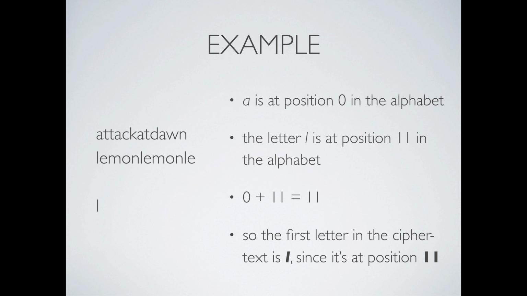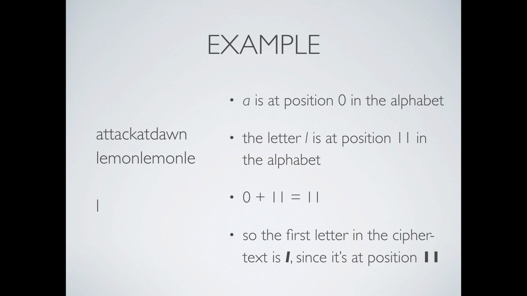And we said that A and L are matched up together. So you look up the position of A, which is 0. Then you also look up the position of the letter L in the alphabet, which is 11. If you count starting with A at 0 and you count over, L will be at position 11. So you take these two positions. In this case, you have two positions, right? You have 0 and 11. Add them together,